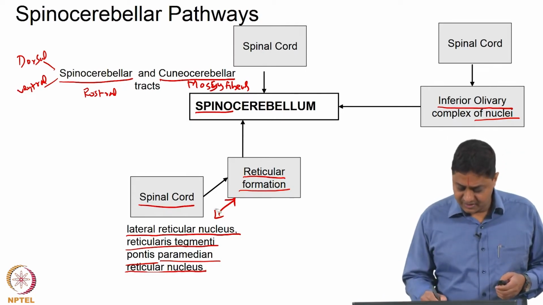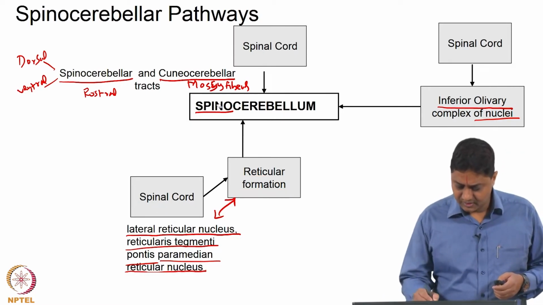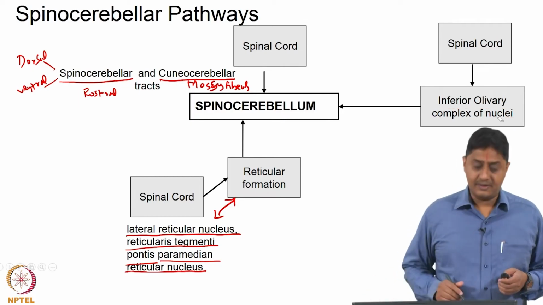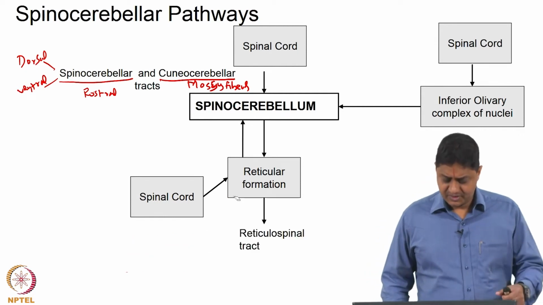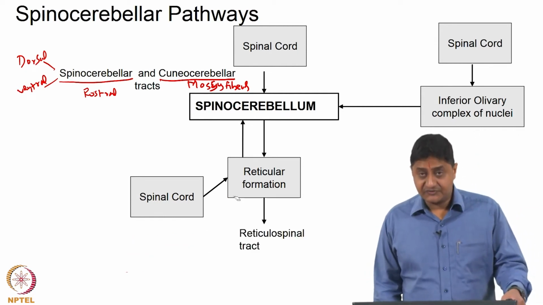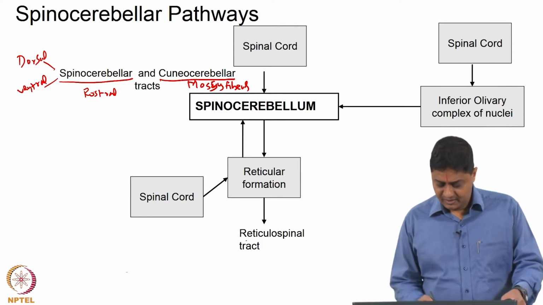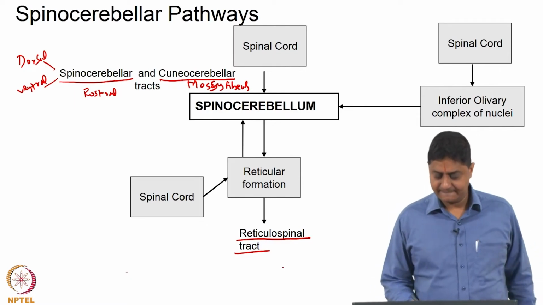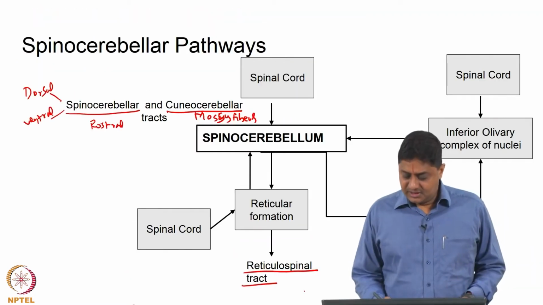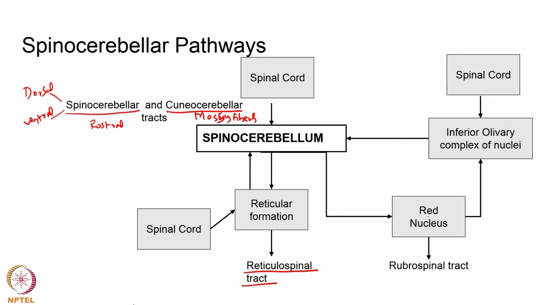So far we have seen the inputs. What are the outputs? One output is from the spinocerebellum to the reticular formation, and it projects back to the spinal cord via the reticulospinal tract. The other output is to the red nucleus, and from the red nucleus to the rubrospinal tract,